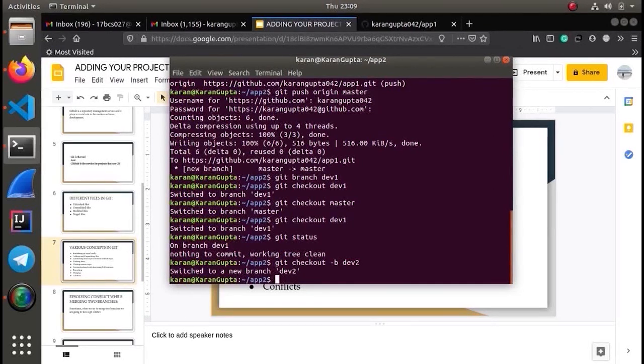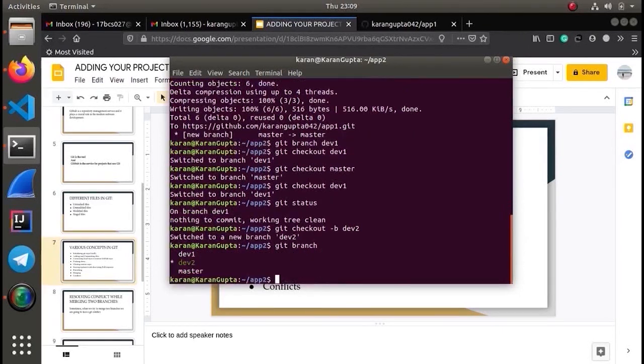Now, what if we want to list all the branches and see which branch we are currently on? We can do that by using git branch. We can see there are 3 branches: master, dev1, dev2, and we are currently in dev2. So let's switch back to the master branch.